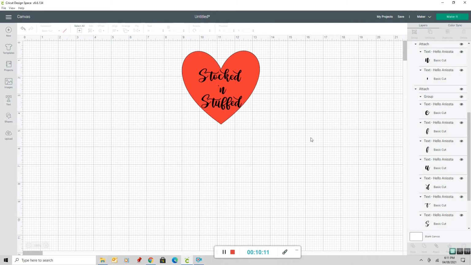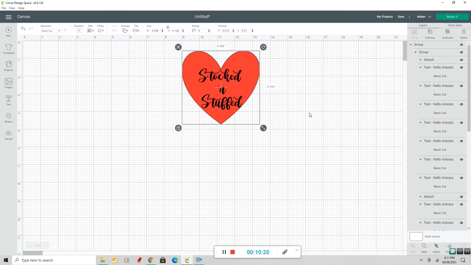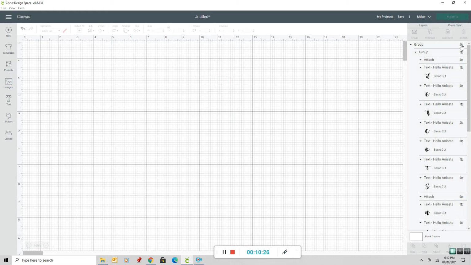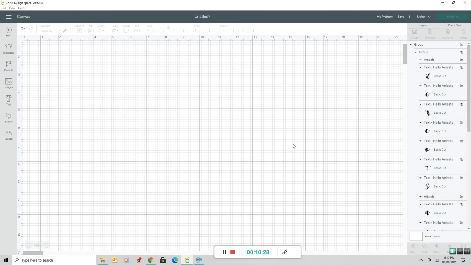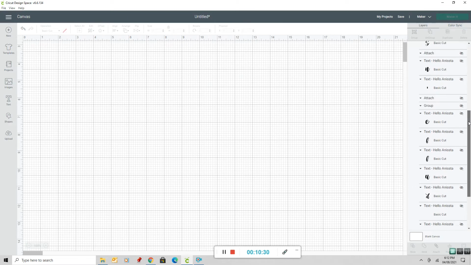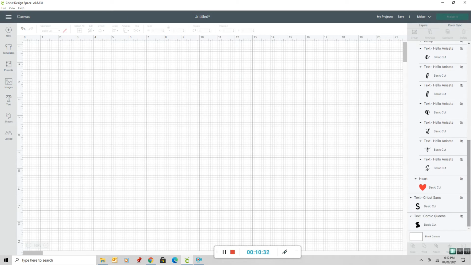All right, now I am going to group this though, just because I don't want it to move off that space, and it is where I want it to be on the heart. All right, now I'm done with that, so I'm going to close it up. All right, and then I'm going to scroll down and grab one of my other